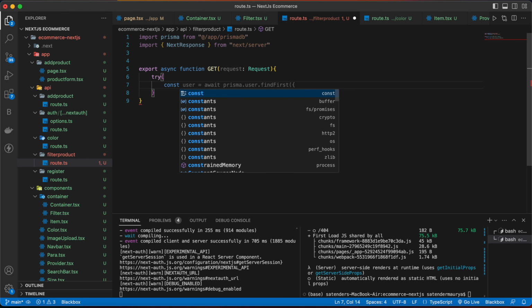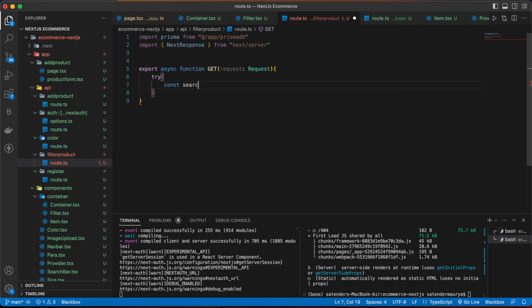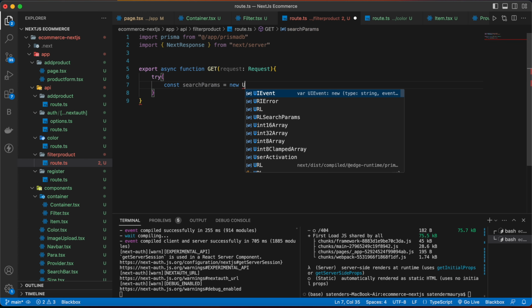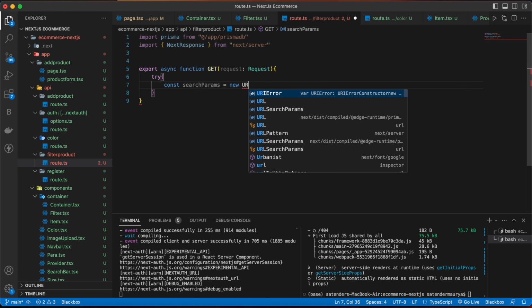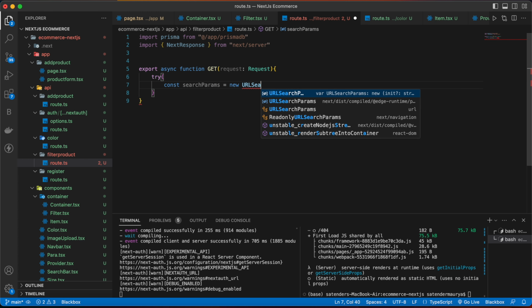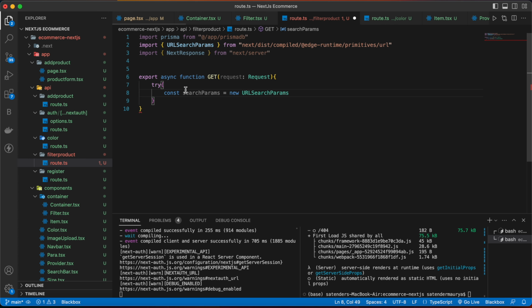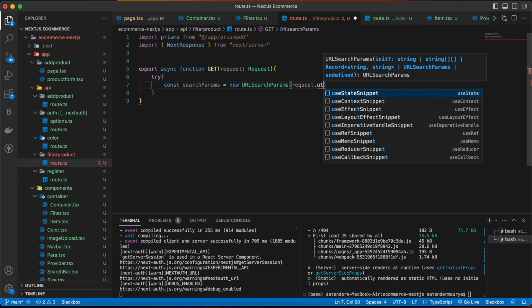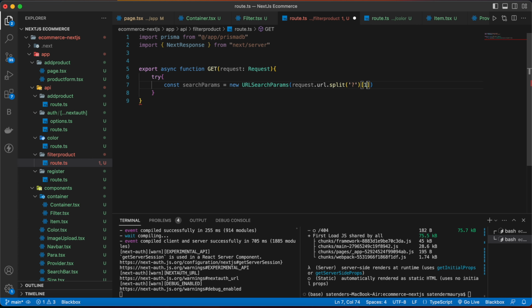First we are going to have our const searchParams is equal to new URL(request.url).searchParams, and we are not going to import anything. Now from the search params we are going to extract all the filters.